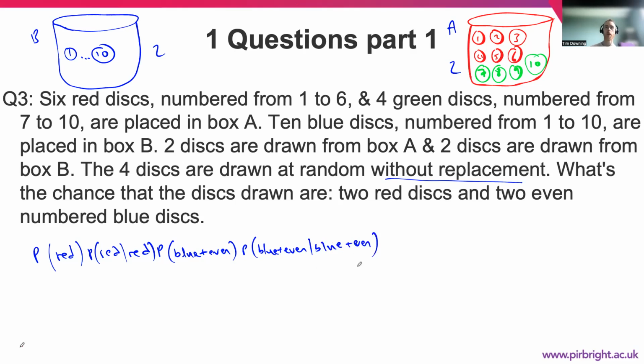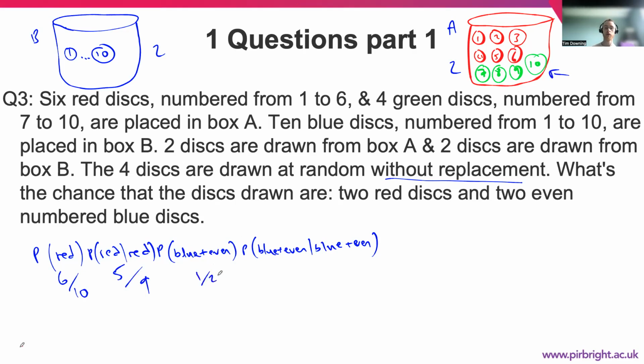That is spelled already. So we can think about this value. The probability of drawing red the first time around is simply 6 over 10. Red, given that we already drew red, there's only 5 reds left, and there's only 9 discs in here to draw from. The probability of blue and even is just going to be